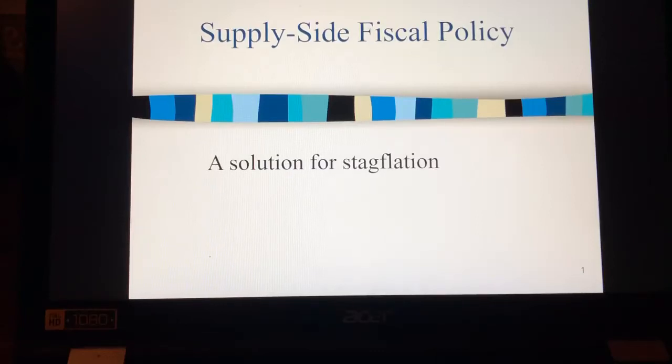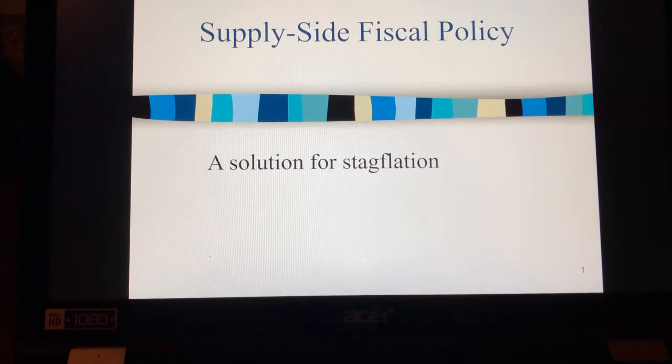Hey guys, we are going to look at another type of fiscal policy. This fiscal policy really took place during the Reagan administration. It's called supply side. Many of y'all know it as Reaganomics. When we looked at fiscal policy yesterday, we know that fiscal policy can only solve one problem at one